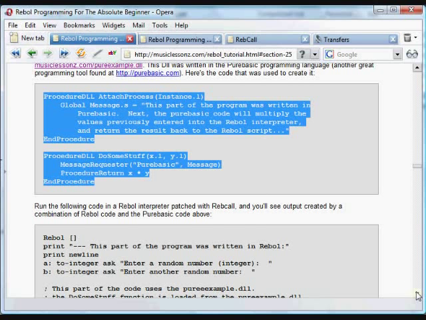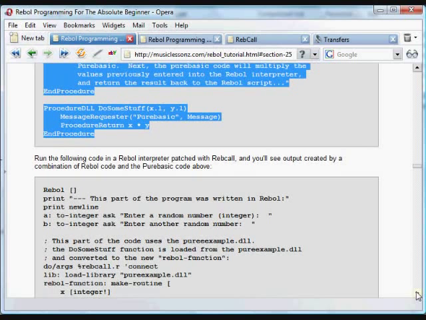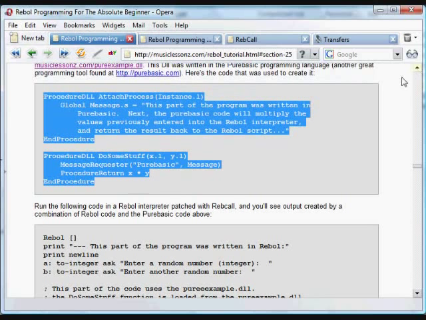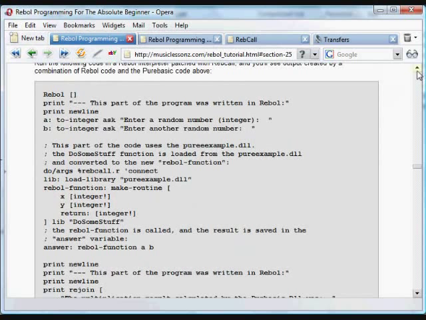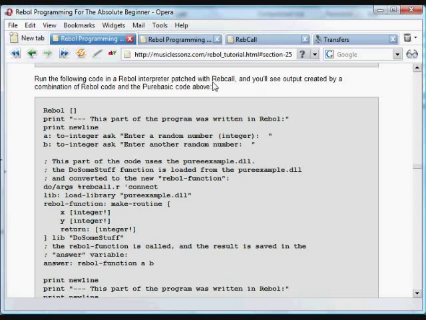Instead, if we create a DLL from it, we can use the functions that are in that DLL from any other operating system. You'll see we have a function here called do some stuff. It takes a couple parameters, and what we're going to do is use this patched version of Rebol that we've created using rebcall, and